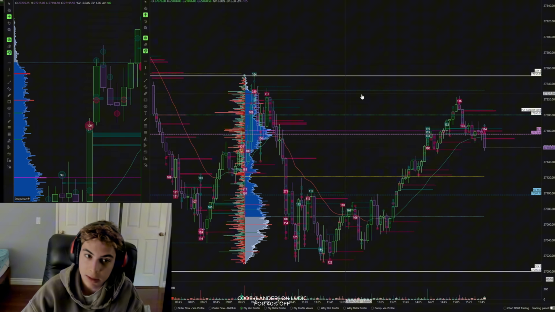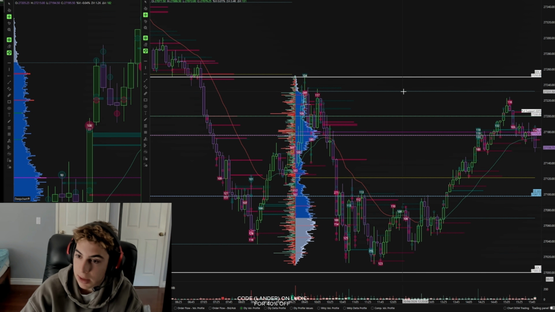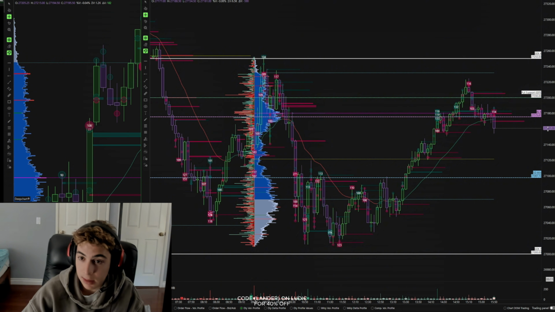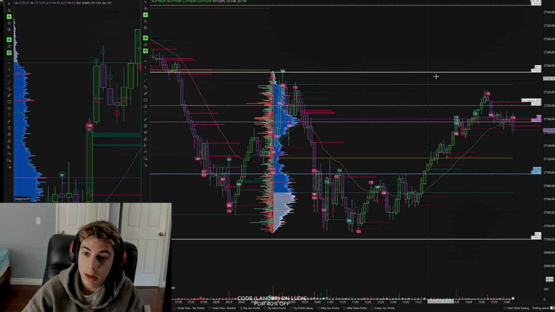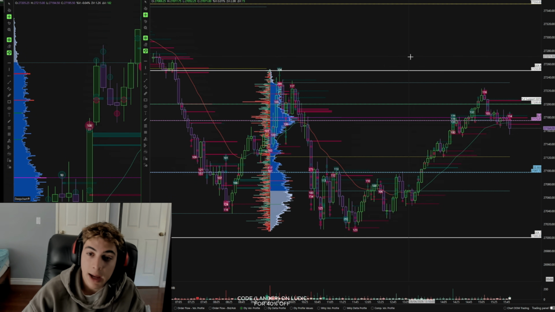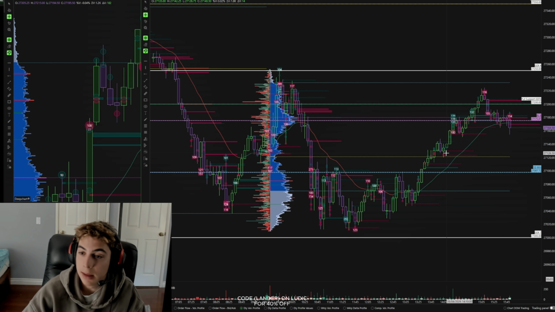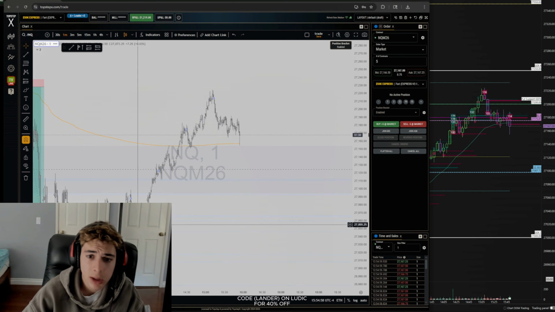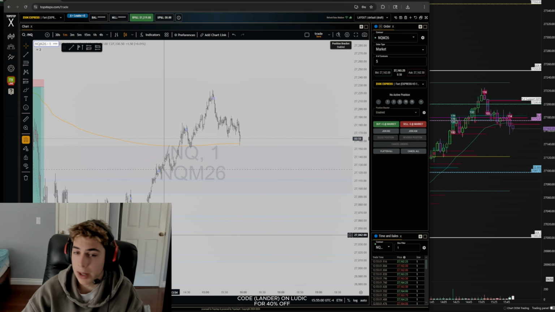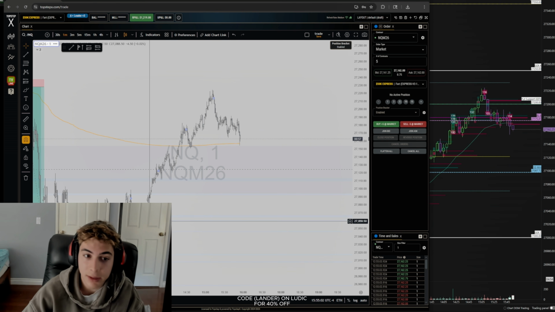I'm using it as context more than anything. I'm not looking exactly for an entry off of GX levels or anything to do with that. It's context. It's levels of interest. It's a lot of data that makes sense to include into your trading. Now, they're great targets. They're great places to base a lot of data from, but